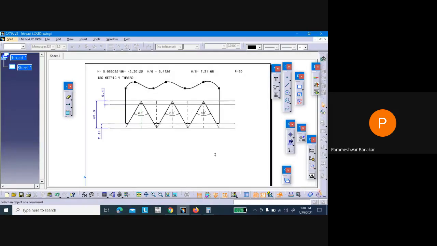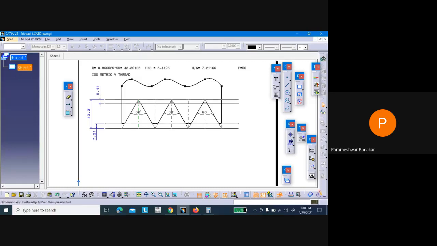So now it's done. We are supposed to hatch this part. Then go to this hatching tool, select it, do this, it will come. See how easily it's coming.